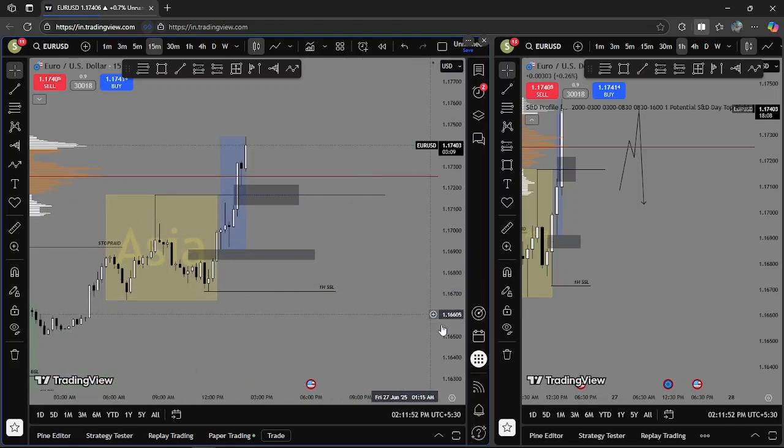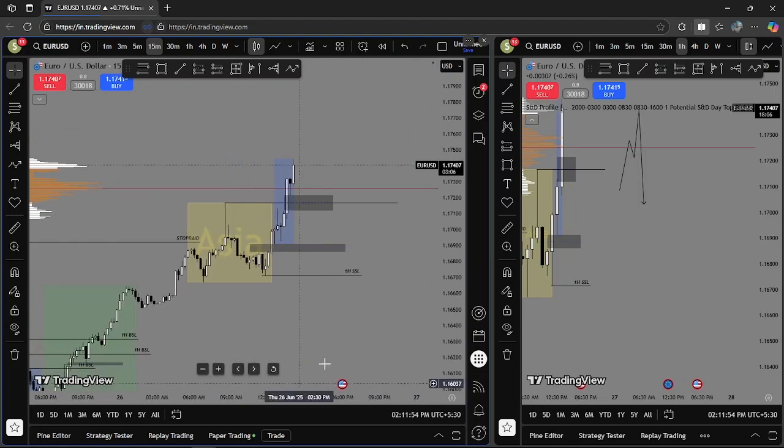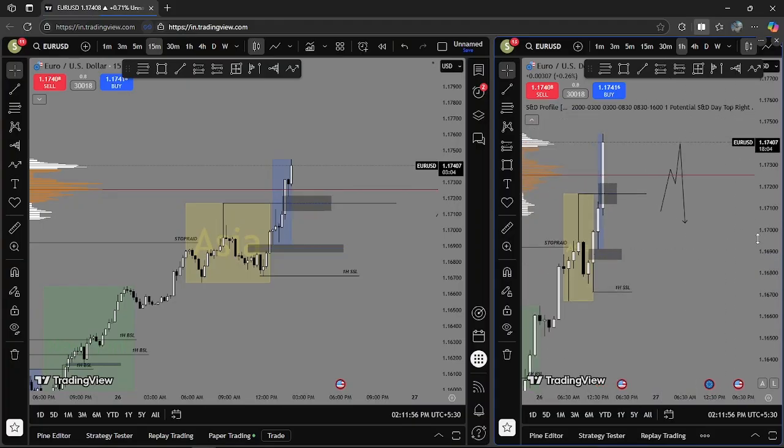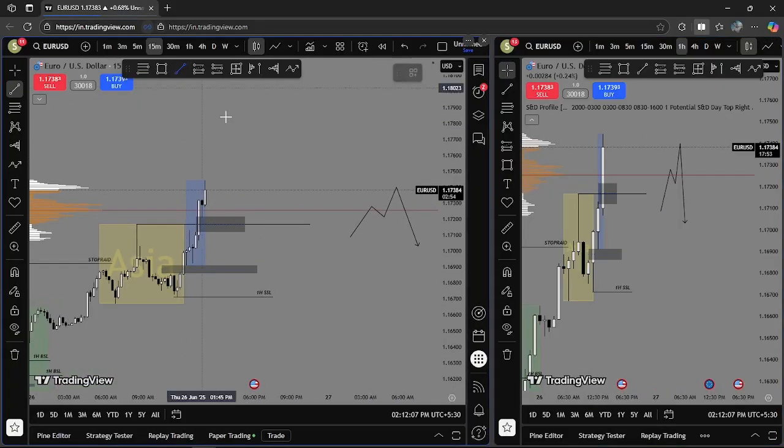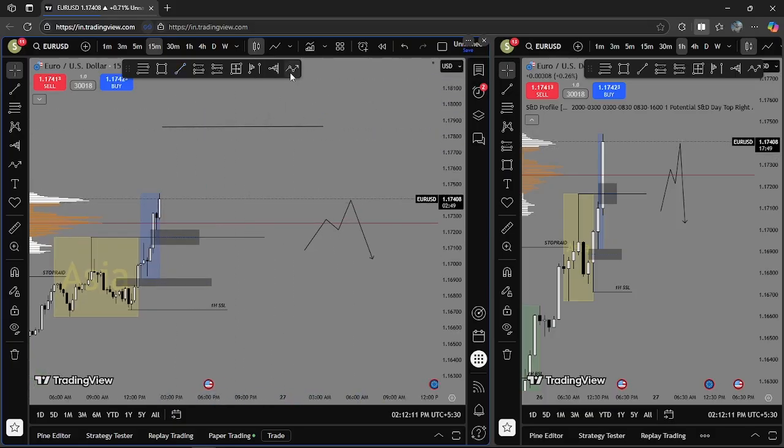So starting with the session today, the first thing I have seen is that we have taken a daily equal high level from quite a long ago. So my idea was that we have taken out that daily equal high level. We went into that. We were around this level. So we were in the formation of a market structure shift, high low.